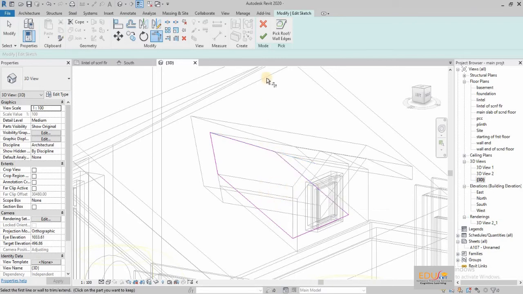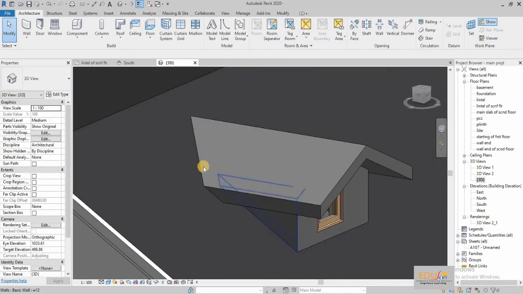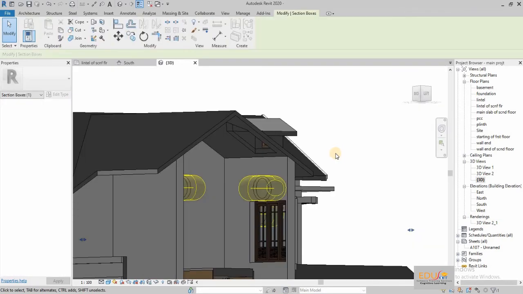Click on the Finish tool. You can see the opening on the roof.